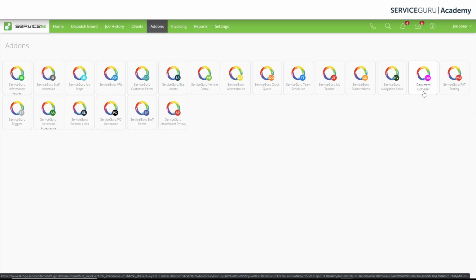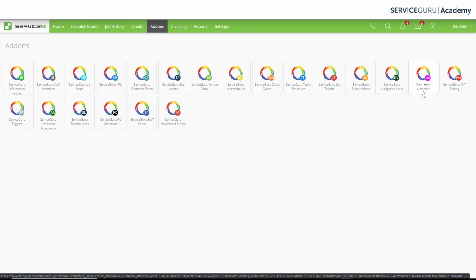So what this means is that you'll be able to select a service or material and pre-associate a document or a data sheet or a PDF that you will always need when using that particular item. When the system notices that item being used within a particular job, it will automatically attach that file or PDF or document to that job card, ready for use. So let's take a look at this in action and how we go about setting up and